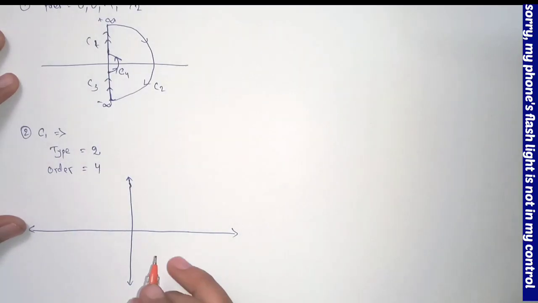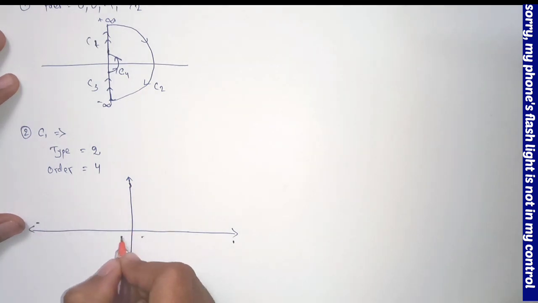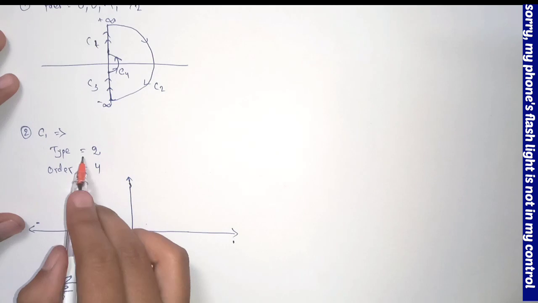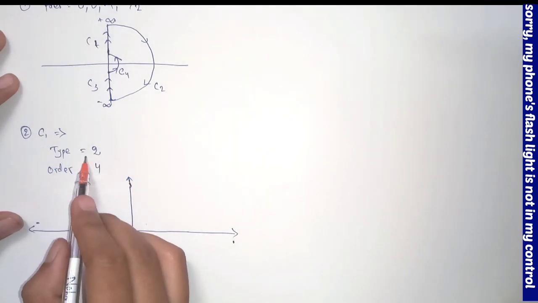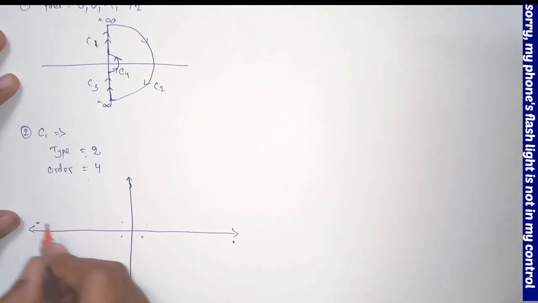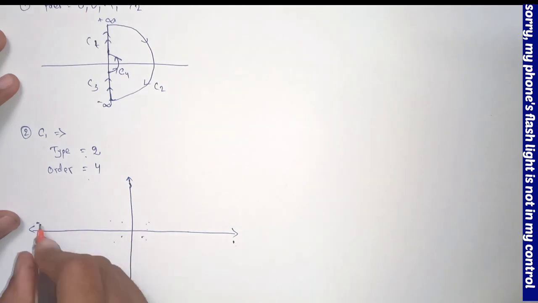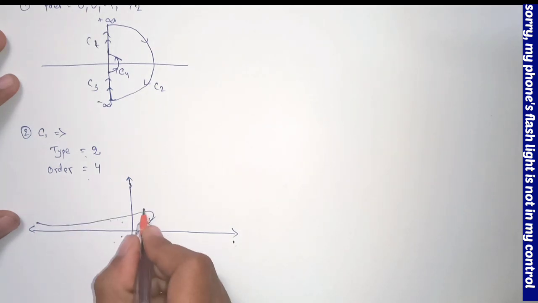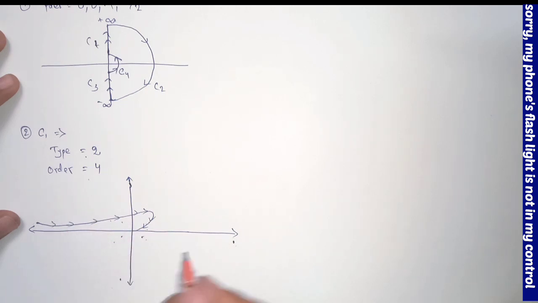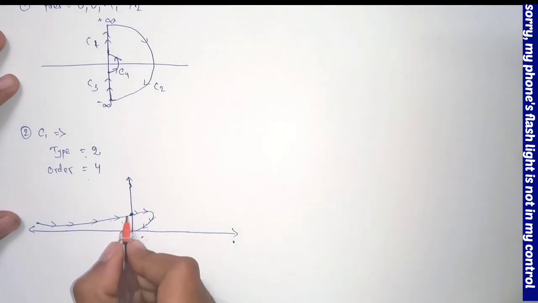The type always starts from 0. This is type 0, this is type 1, and this is type 2. And the order always starts from 1. This is order 1, order 2, order 3 and order 4. So the diagram starts from type 2 and ends at order 4. So we will draw it from infinity and it will end up at order 4. So this is C1, and now we are going to find the distance between the origin and the point